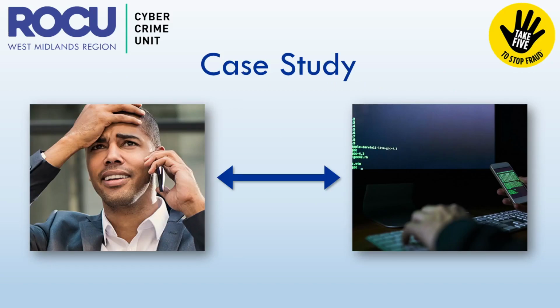So we've got a case study here. So this case study comes from Take 5. So in this case study, David receives an urgent text message from his quote unquote bank informing him about a problem with his account. And he was told to ring the provided number immediately to update all of his personal details. So whilst he's speaking to the bank, they provide him with his full details and some of his transaction history so that he can verify that they are legitimate.